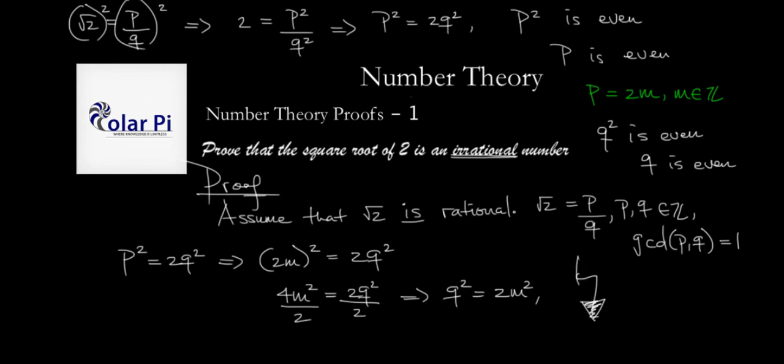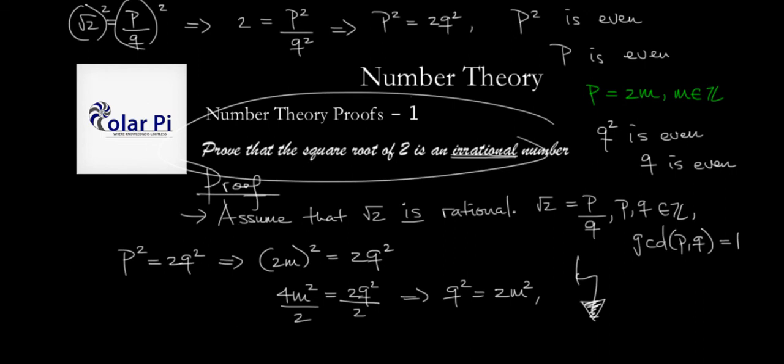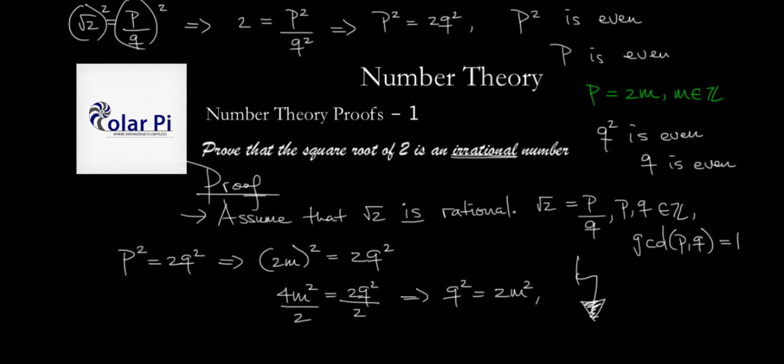It's a big fat contradiction because we said that p over q was in most reduced form, and if p is even and q is even, then it couldn't have been in most reduced form, and therefore this assumption is false, and the square root of 2 is not a rational number,